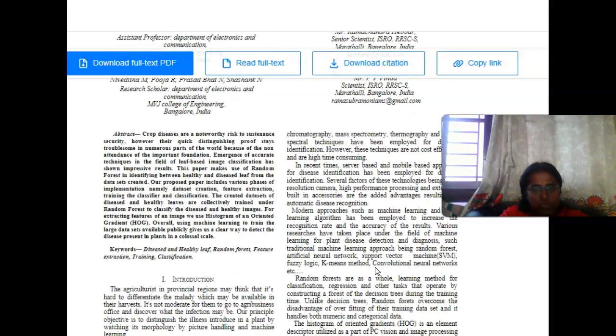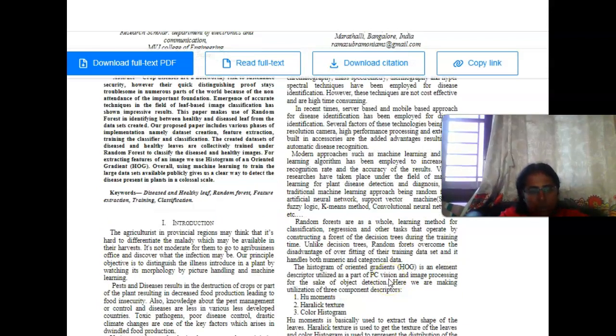Modern approaches such as machine learning and deep learning algorithms have been employed to increase the recognition rate and accuracy of the results. Various research has taken place in the field of machine learning for plant disease detection and diagnosis, such as the traditional machine learning approach of random forest. Random forest is an ensemble learning method for classification, regression, and other tasks that operates by constructing a forest of decision trees during training. Unlike a single decision tree, random forest overcomes the disadvantage of overfitting the training datasets, and it handles both numeric and